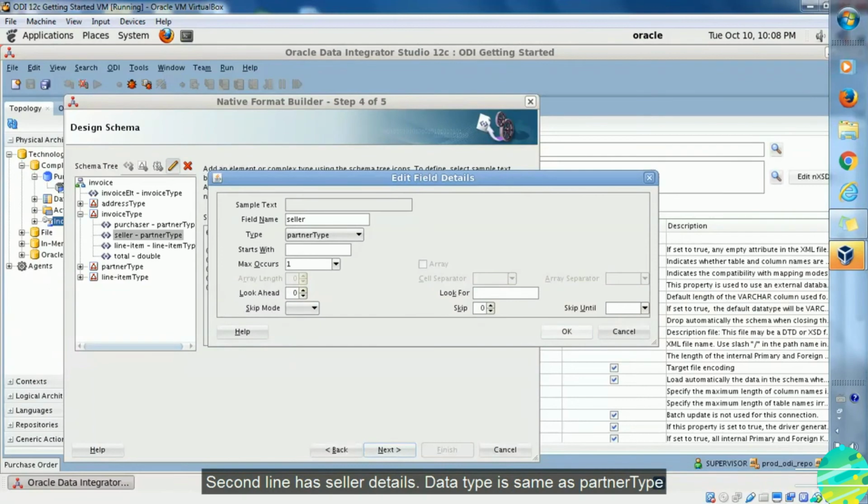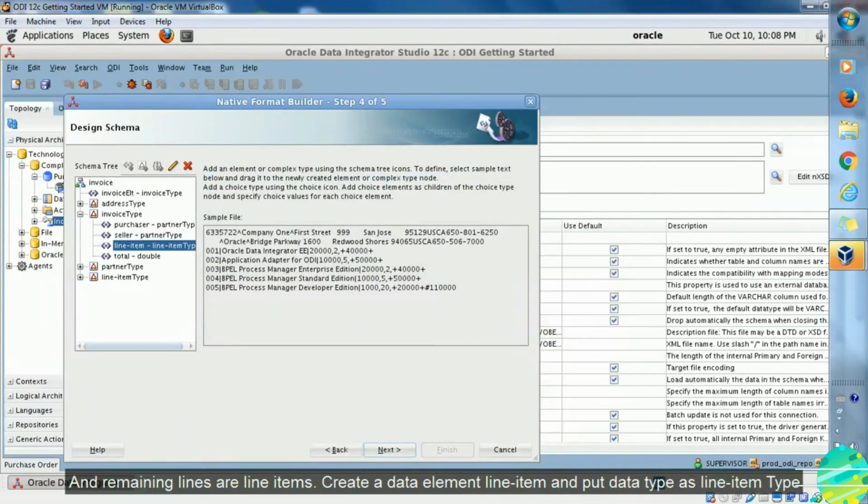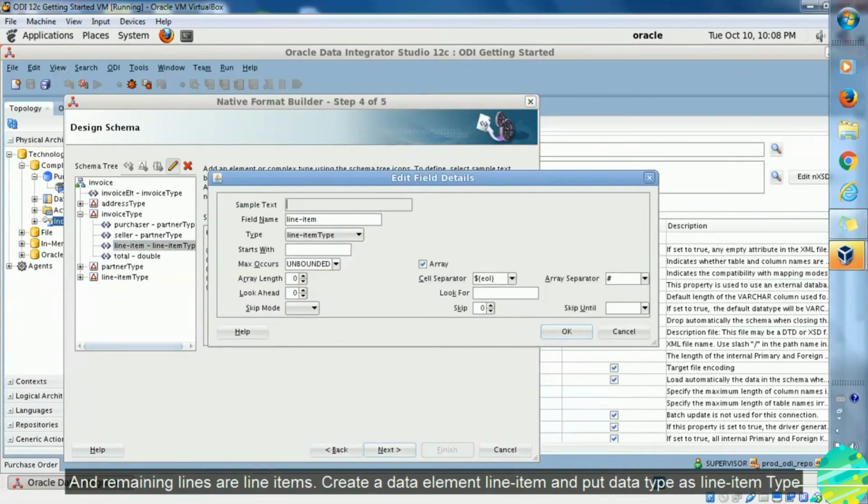Once again, second line has seller details. The data type will be same, it will be partner type. And remaining lines are line items. Create a data element line item and put the data type as line item type.